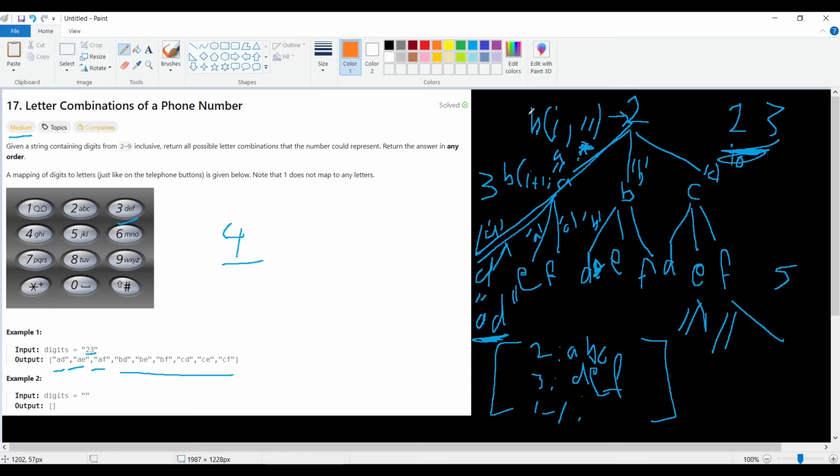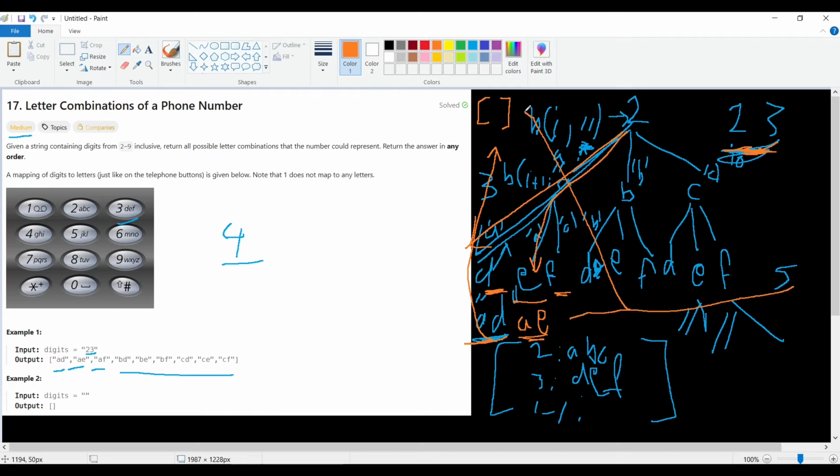Let me change the color. That means this path is completed because we reached a length of, in this example, 2, which is equal to the length of the number of digits. And then when we come here, there will also be AE, which is also of length 2. So when we complete each possibility, as we start with an empty array, we push this result to the empty array. We append all the results to the empty array, and we will exit,